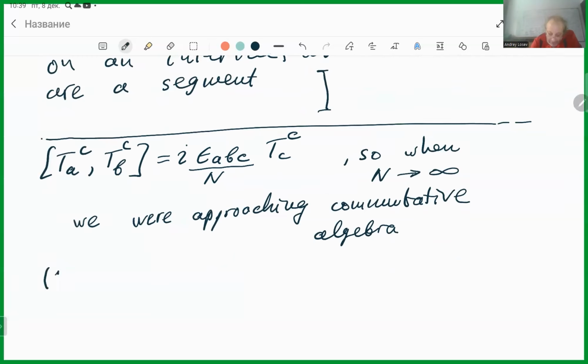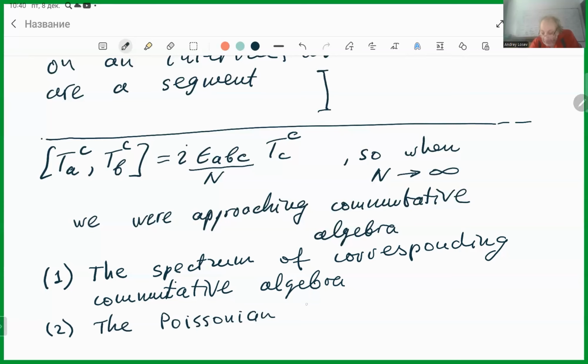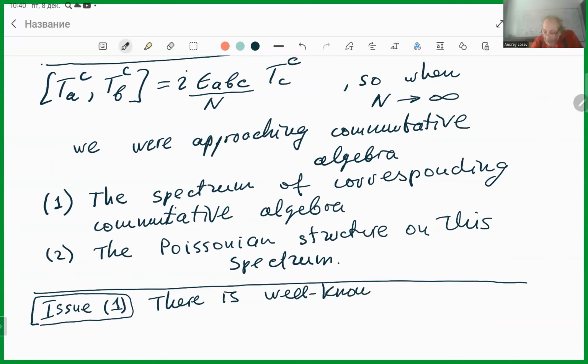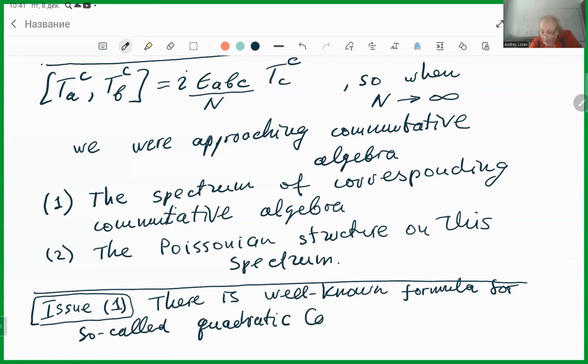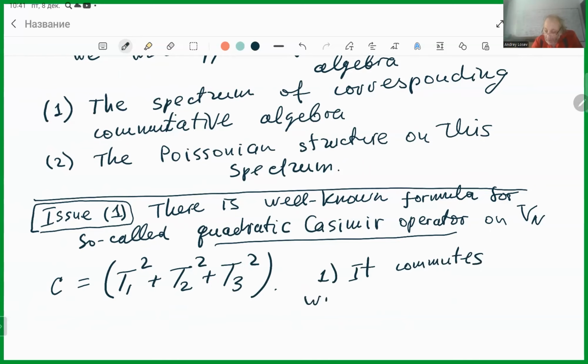So we need to study first the spectrum of the corresponding commutative algebra, and second, the Poissonian structure on this spectrum. So let us study issue 1. There is a well-known formula for the so-called quadratic Casimir operator on Vn. The quadratic Casimir operator C is T1 square plus T2 square plus T3 square. It commutes with